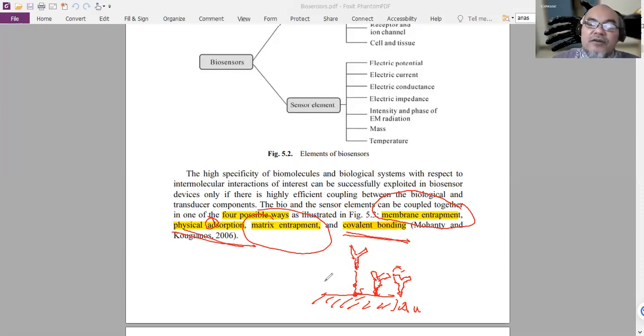However, if you make it a little bit long like this, then they can move around, and they may capture more antigen. But of course, sometimes the time required to capture will be longer compared to the short-length antibody. So, using covalent bonding, you can design how your bioelement will be oriented,